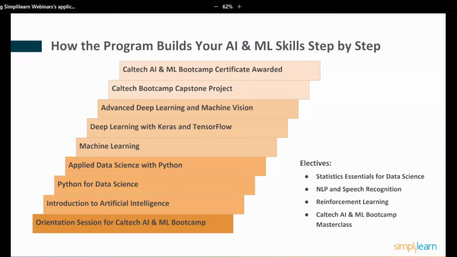There's also, as we mentioned before, the IBM AMAs and master classes that you have access to, especially around the Python modules. And so this curriculum takes you, as I said, step by step towards mastery of AI and ML.